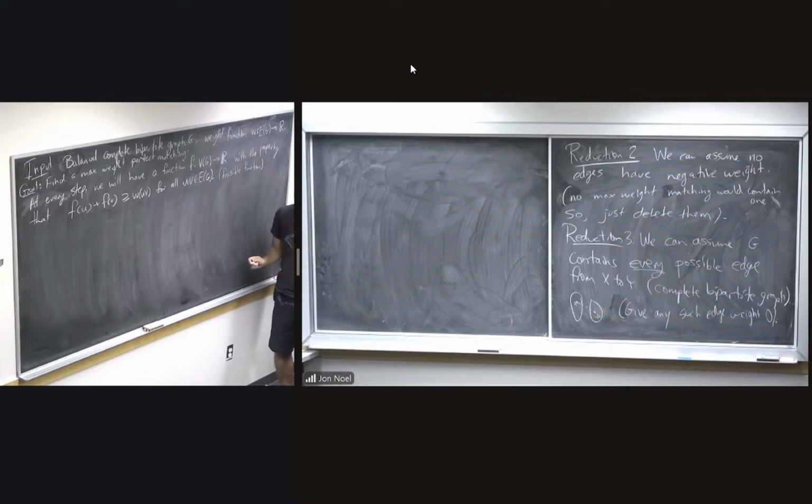Okay. The word feasible here is coming from the fact that this function will represent a feasible point for the dual linear program. There is one difference here. In Egerváry's theorem, this was a function mapping only to non-negative numbers. But since now we're solving the perfect matching problem,